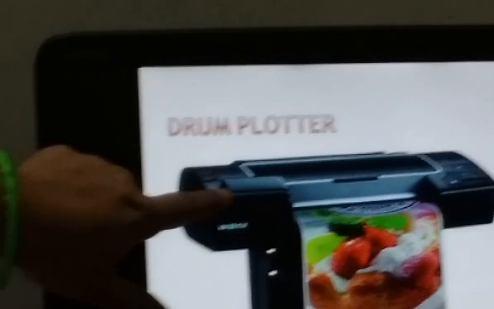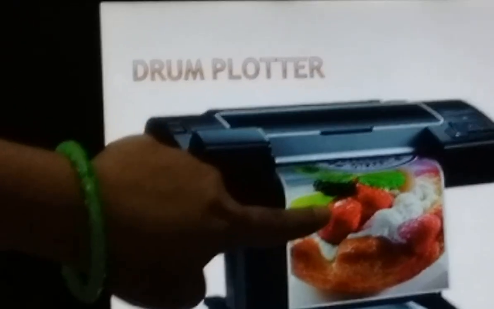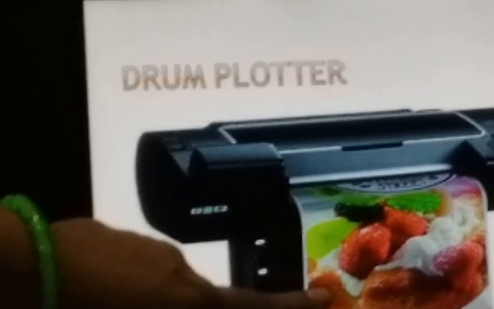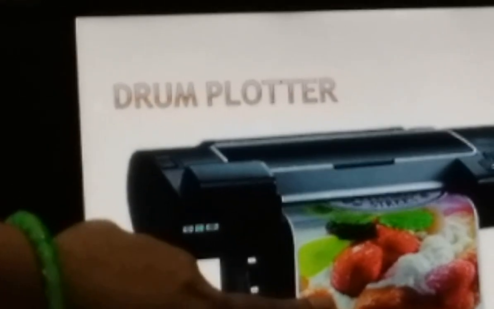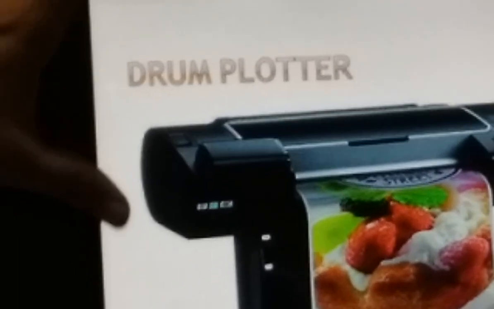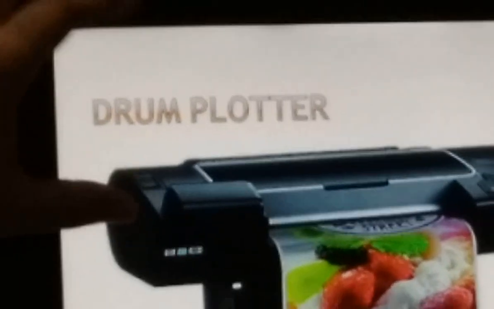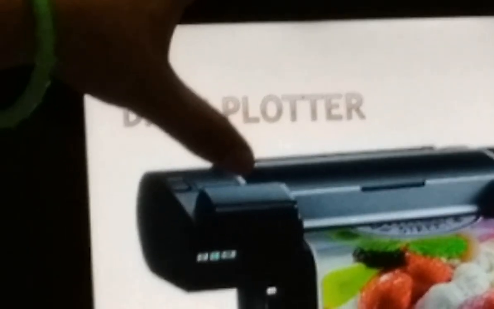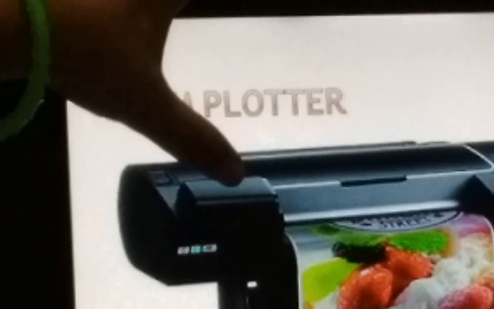Okay, first one is the drum plotter. Now in the image here you can see something with a cylindrical shape, and there is an ice cream banner coming out of it, being printed. So what is there in the drum plotter? In drum plotter there are lots of color paints embedded.